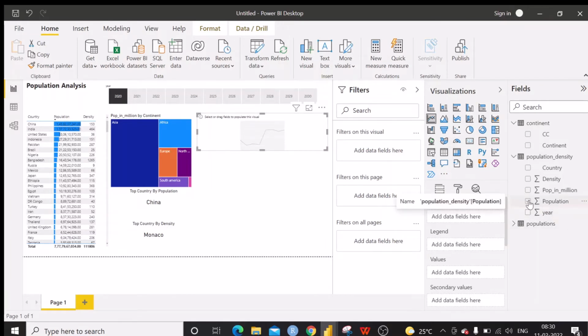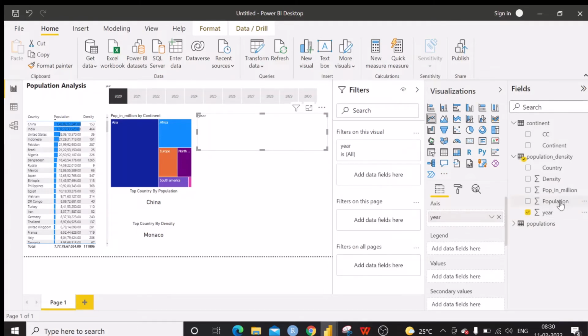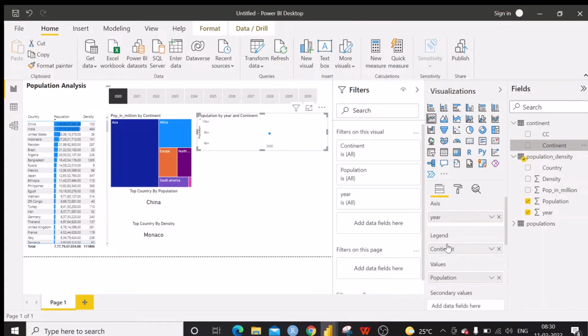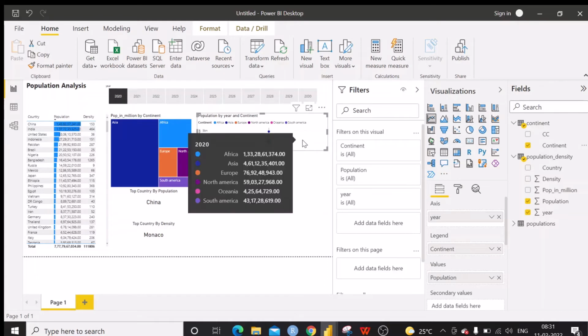Year is the axis and population is the value, and we can put continent as legend. It shows only one point for 2020, that we will correct later to show for all the years. The next one is